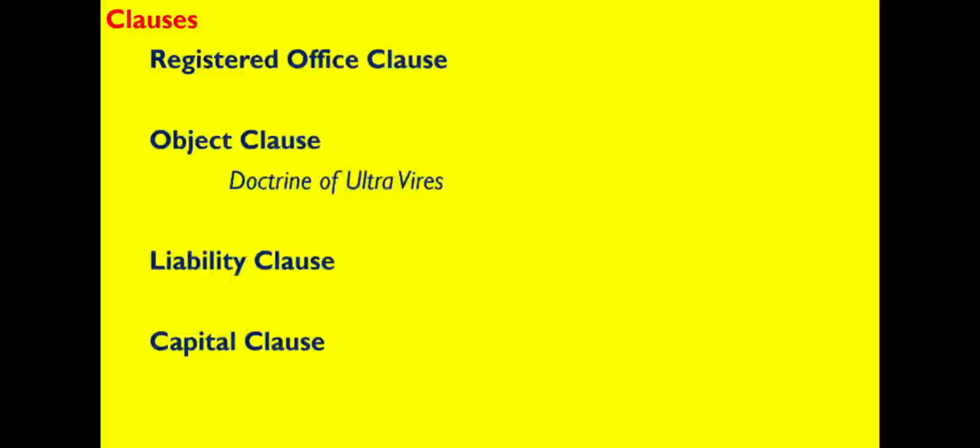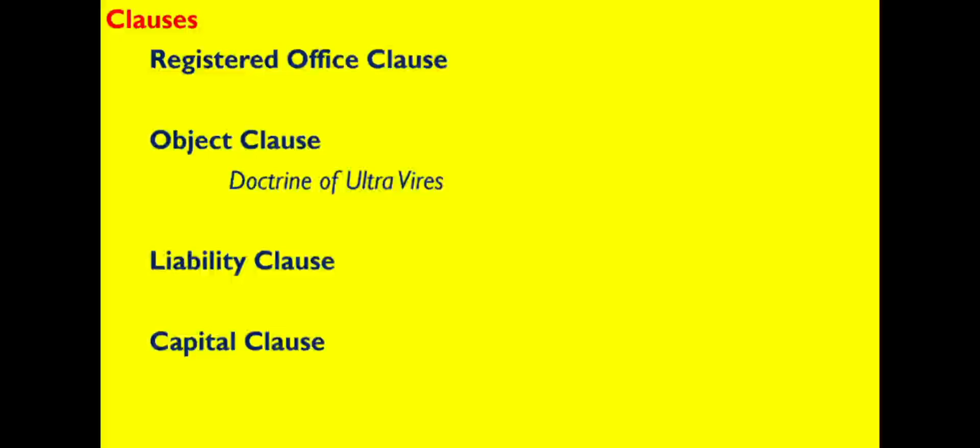Second is limited by guarantee. It is defined in Section 2, Clause 21 of the Companies Act 2013. A company limited by guarantee has members instead of shareholders. These members undertake to contribute to the assets of the company at the time of winding up. The members give guarantee of a fixed amount that they will be liable for. Non-profit organizations and other charities usually have a structure of companies limited by guarantee.